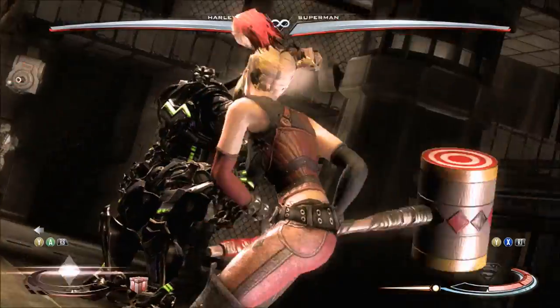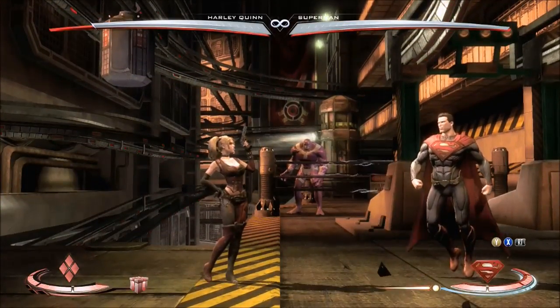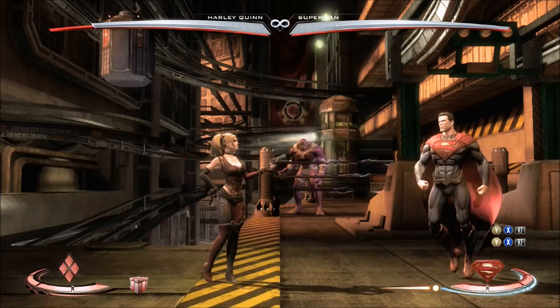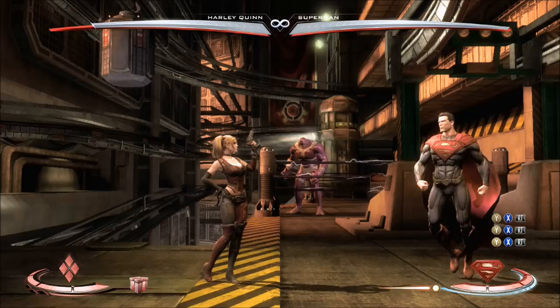Obviously, Harley can do a super. Some other characters can do a super punish. I know a few characters cannot, but you may have to go into the lab and test it out for yourself. Now, how meter burn throws in this game work for power characters,